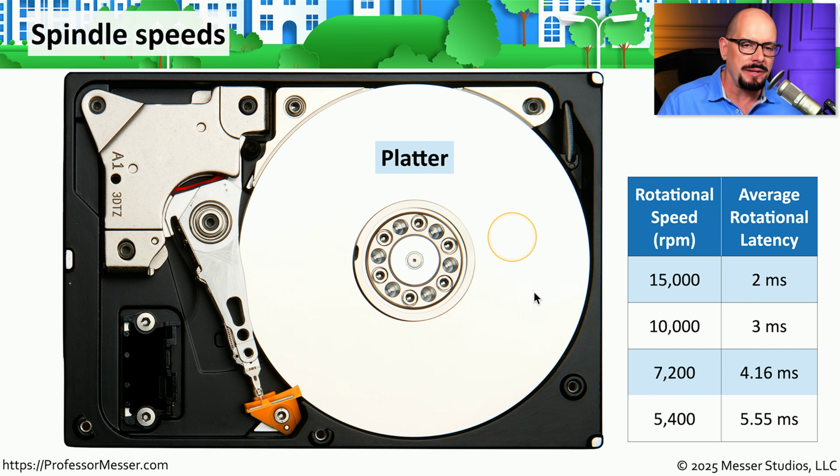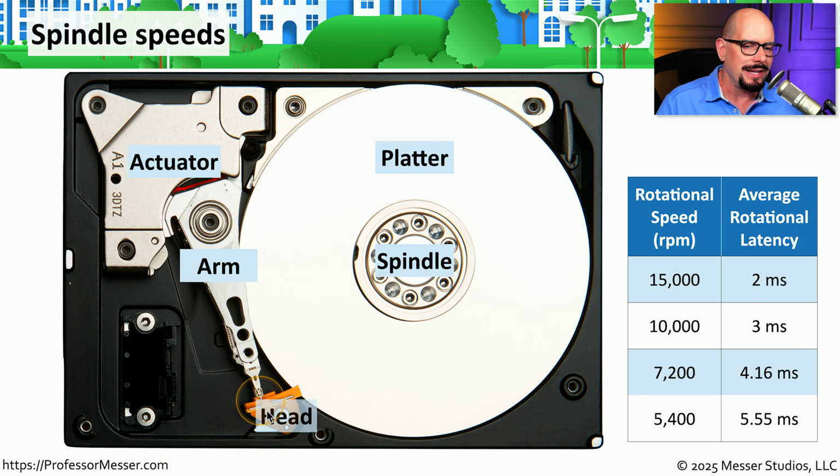One of these is the spinning platter, and that is where all of your data is being stored. We also have a spindle in the middle that is spinning the drive at different speeds. We'll look at those in a moment. We also have an actuator that is able to move an arm that has at the end of it a read-write head that is actually performing the reading and writing of that information to the platters that are rapidly spinning just underneath it. Different hard drives spin at different rates, and if you look at the specification for a drive, you'll see that it probably rotates at 5,400 revolutions per minute, 7,200 revolutions per minute, 10,000 revolutions per minute, or